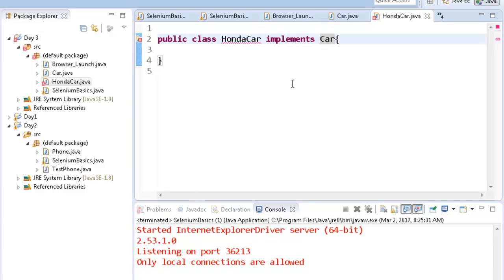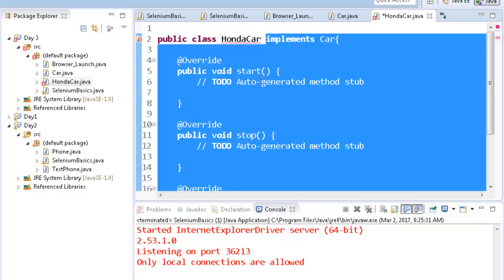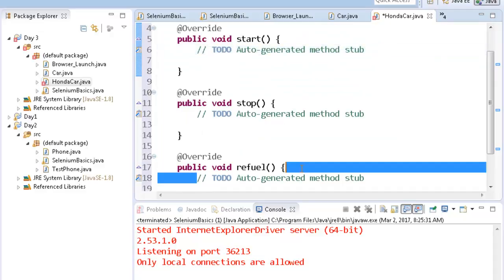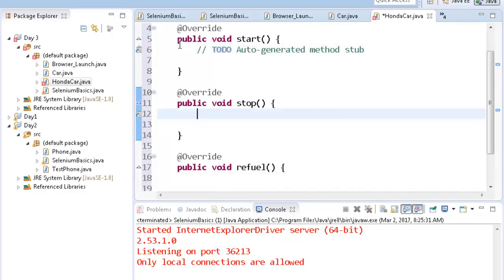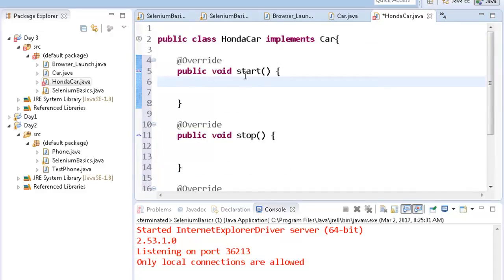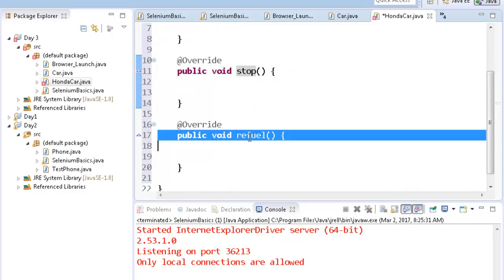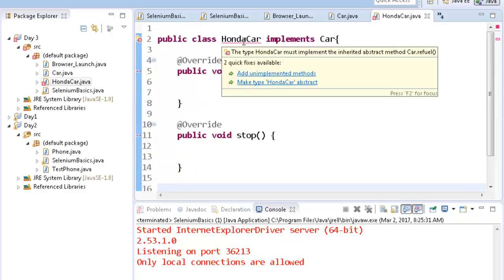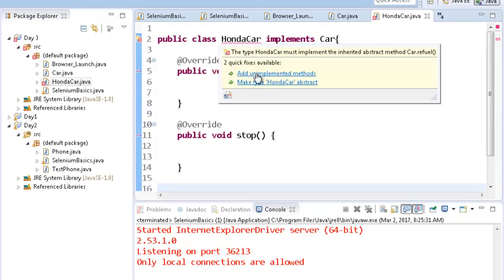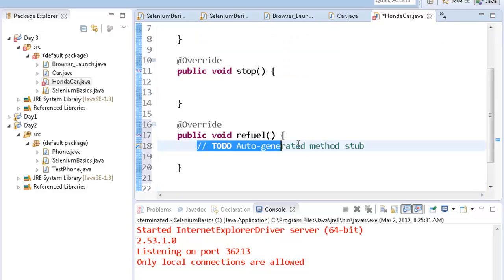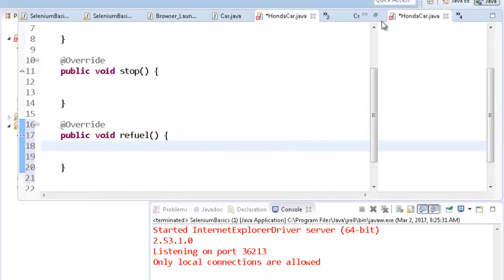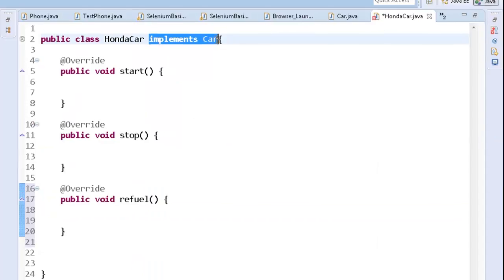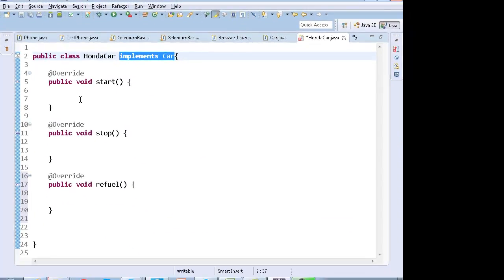If you write like this, then this class will have to implement all the functions which are inside the car interface. It becomes mandatory. Even if I remove one of the functions, I will start getting an error. You can move the mouse over the error and select add unimplemented methods, and it will add it. So if a class is implementing an interface, it becomes mandatory for the class to implement all the methods of the interface.